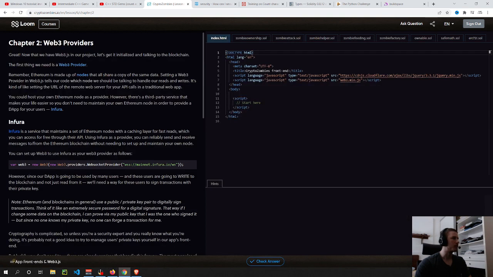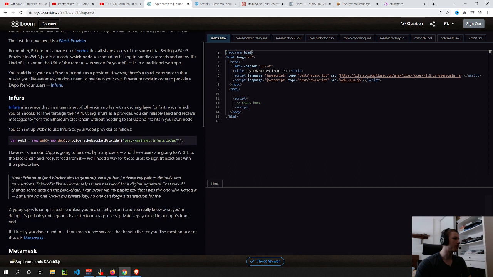Now that we have Web3 in our project, let's get initialized and talking to the blockchain. The first thing we need is a Web3 provider. Remember, Ethereum is made up of nodes that all share a copy of the same data. Setting a Web3 provider in Web3.js tells our code which node we should be talking to handle our reads and writes. It's kind of like setting the URL of the remote web server for your API calls in a traditional